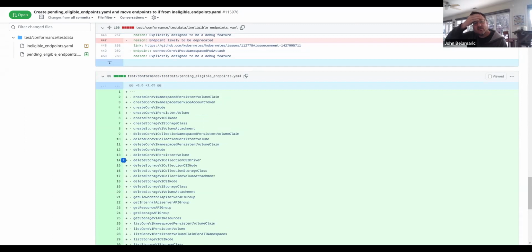You said there's a bunch of discussion. Can you put a pointer to that discussion here? A bunch of these are like, how do we test delete core v1 node in our test framework? Is that something we can test in our test framework, or is that why it was on the list before? And are we going to modify the test framework to be able to test that? Is that the idea? Or do we have a way to test in the existing framework?